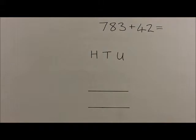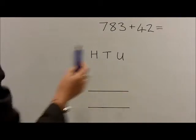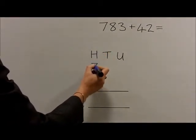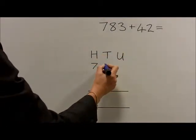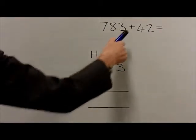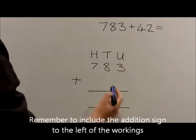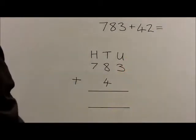With the question 783 plus 42, again the digits are transferred down underneath the relevant columns. So the 7 in the hundreds goes underneath the H for hundreds, the 8 in the tens goes underneath the T for tens, and the 3 in the units goes underneath the U for the units. We're then adding 42, the 4 in the tens goes underneath the tens column, the 2 in the units goes